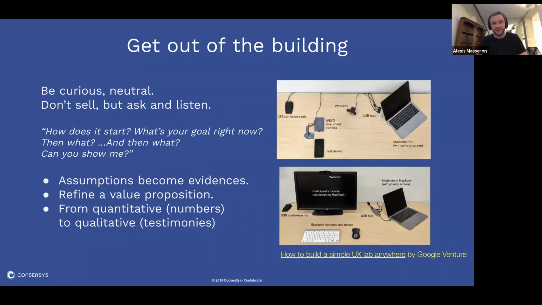So first things first, the user research is really important. No matter what kind of product you make, it can be a game, it can be an enterprise tool, it can be a wallet or whatever. The idea is to be like a doctor. You need to perceive the symptoms of the product you are building and the symptoms that your users are encountering. And the idea is to make a good diagnostic.